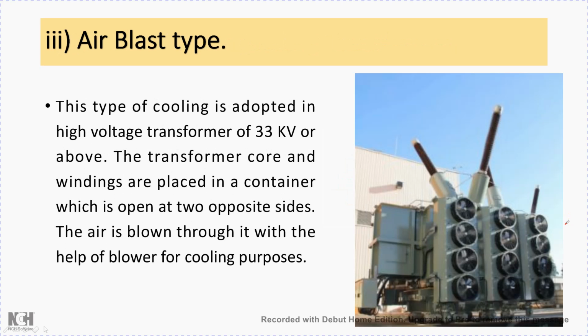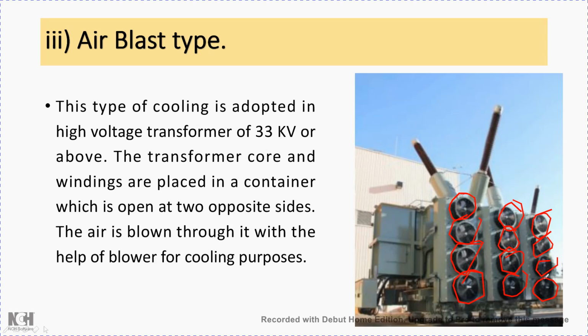Next and the last type of system used for cooling is air blast type. Here it is a dry type of cooling system for the dry type of transformers. Here oil is not used, because the windings are directly exposed to the natural air. Sometimes very large exhaust fans are used, which will continuously blow air on the windings. For 3 phases, there are 3 different sections, which will directly take the air from one side and blow air on the windings, and from the other side the exhaust fans are again collecting the air.